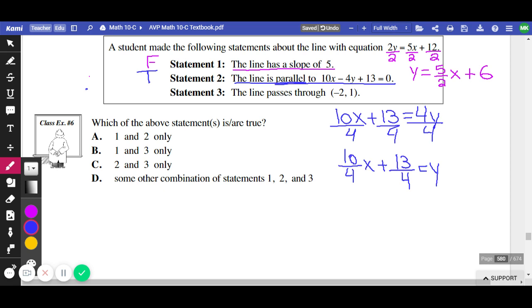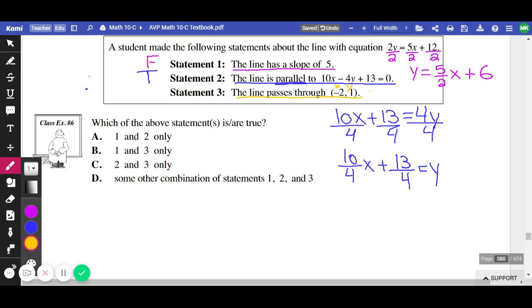And statement 3, something we haven't done much of. It says the line passes through -2, 1. What that means is that if you took this point and you put it into the equation for x and y, then both sides of the equal sign would equal each other. That's what it means to pass through somewhere. It means that these would create a balanced equation if you put them in. So let's test that. We'll take our x value -2, we'll take our y value 1, and we'll put them